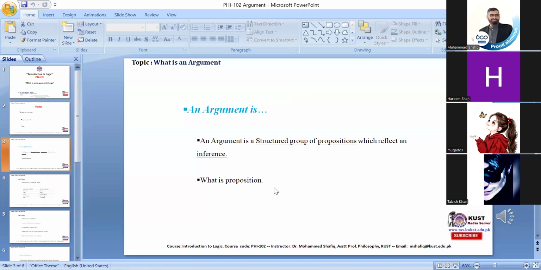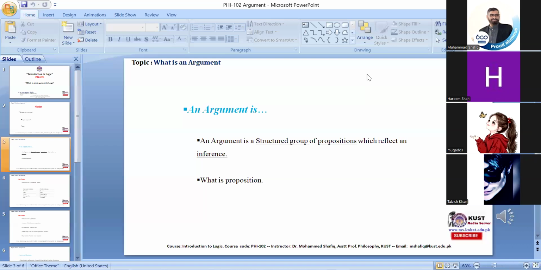In order to understand an argument, first we need to understand what a proposition is. If you recall the last lecture, we discussed that all propositions are sentences, but all sentences are not propositions. Propositions are only those sentences which assert or deny something. That is the key, because without propositions we cannot construct an argument. These are statements which assert or deny something, and